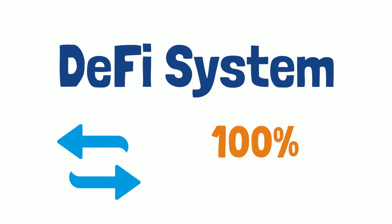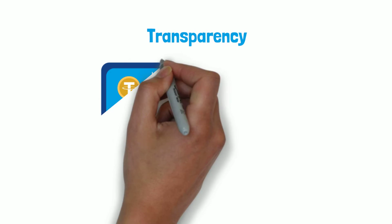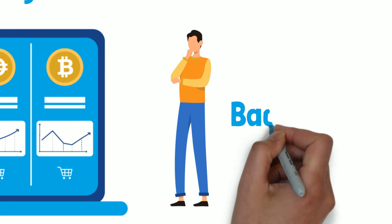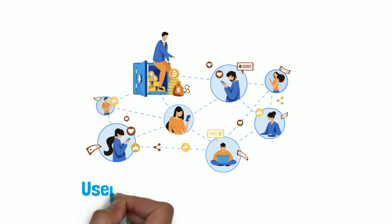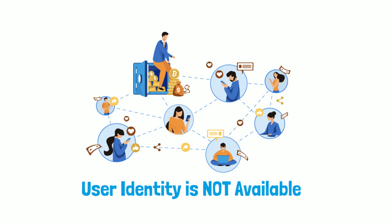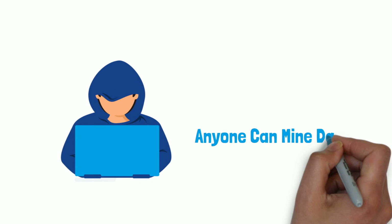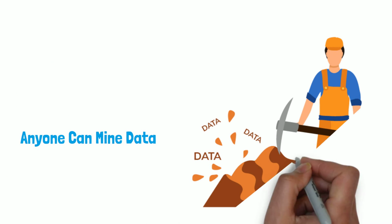All transactions in the current DeFi system are 100% public information. Transparency is the very reason some users choose crypto in the first place. However, it can backfire sometimes. Although the user identity of each public address is not available, it is not mission impossible to identify a user and their related addresses. With the right know-how, anyone can mine data with the identity or location of the wallet